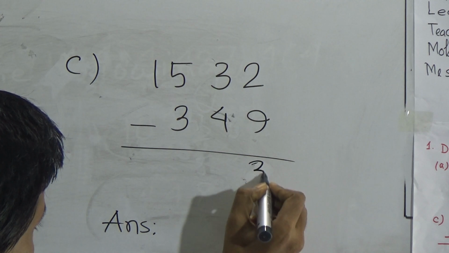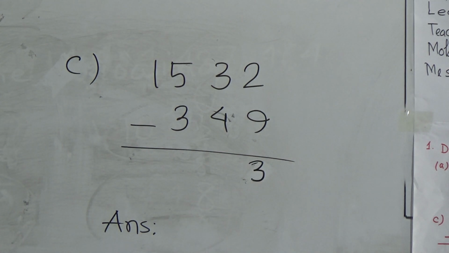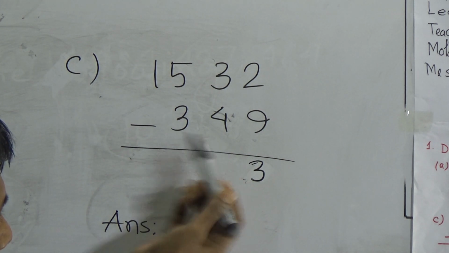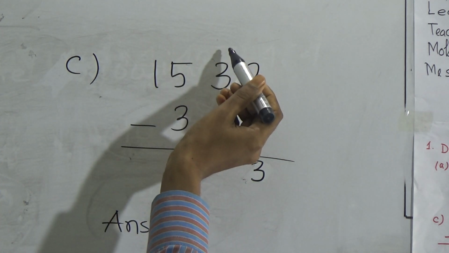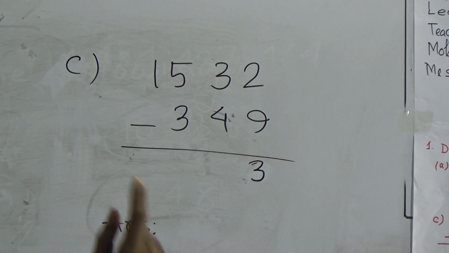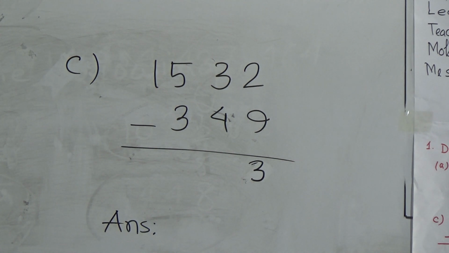Right here, 3. As you consider 2 as a 12, so you have 1 in your hand. Okay. Now add this 1 to this 4. Then this will be 5. And 3 as a 13. Now you have to subtract 5 from 13.